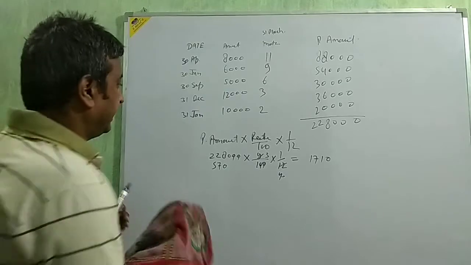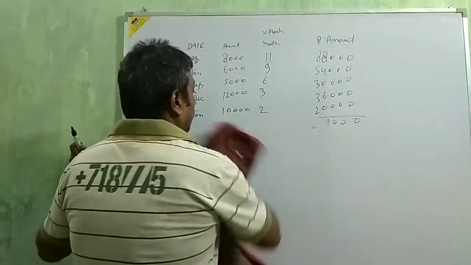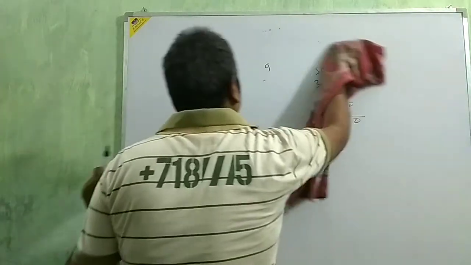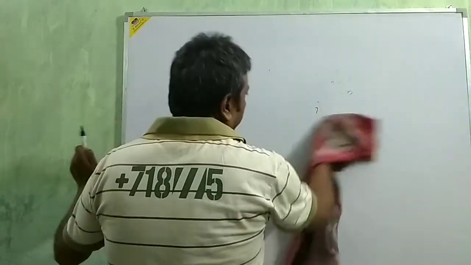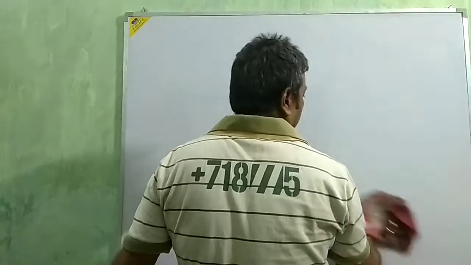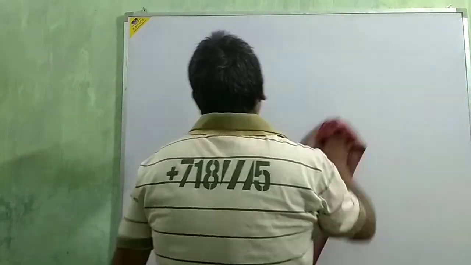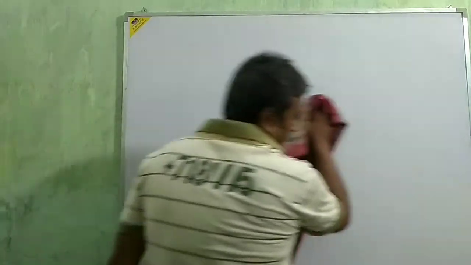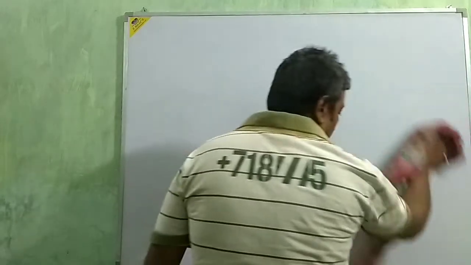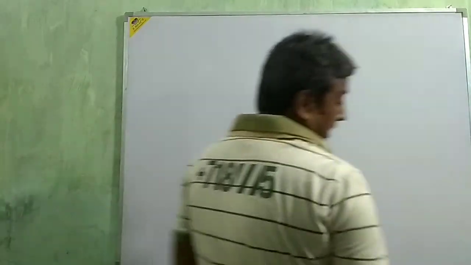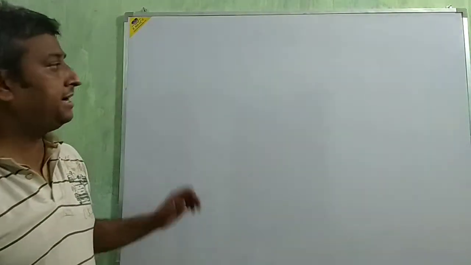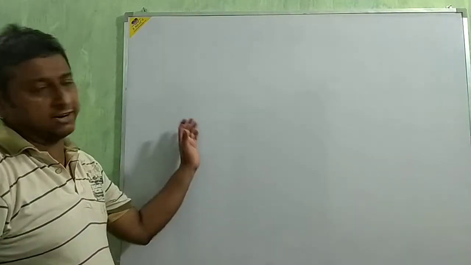Now I am going to the next topic, regular. Regular means monthly, maybe at the beginning, maybe in the mid, but it's regular. It means every month we are going to take the drawing, or every 2 months, or every 9 months, or every 6 months, or every quarter we are going to take the drawing, but regularity should be maintained for that. That system we are going to follow here.